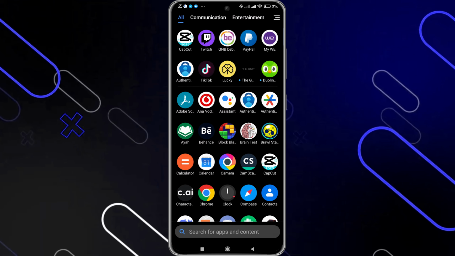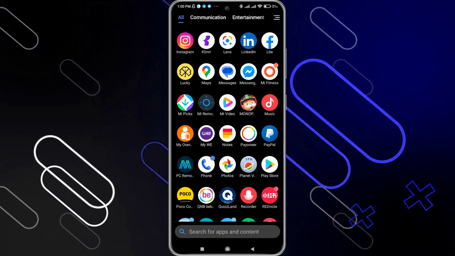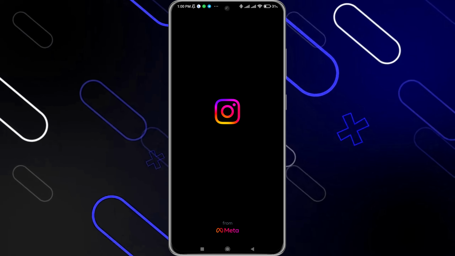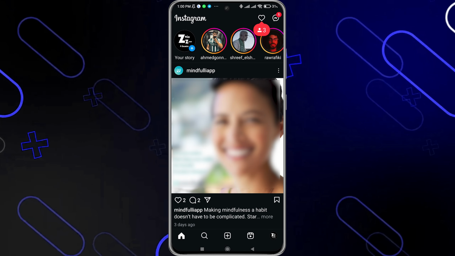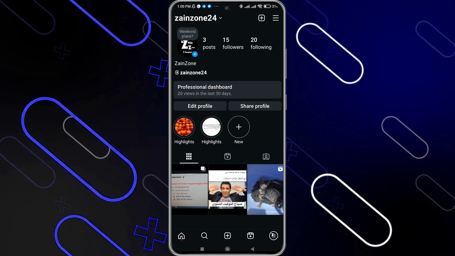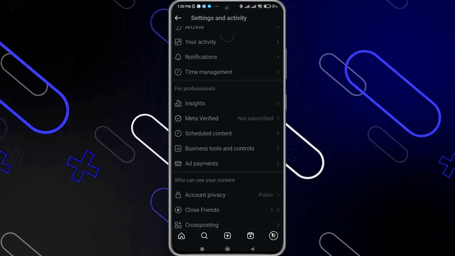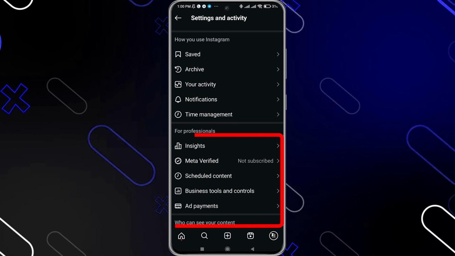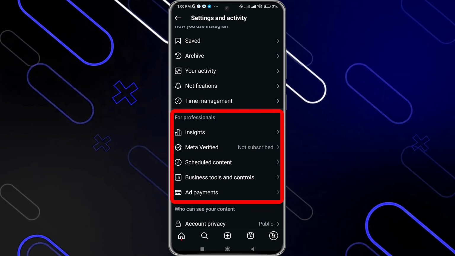Now to do that, you should go and open your Instagram account, and make sure that your account is a personal account, not a business or professional account. So click on your profile picture on the bottom right side, then click on these three lines on the top right corner, and scroll down till you find the section for professionals, and this means that I